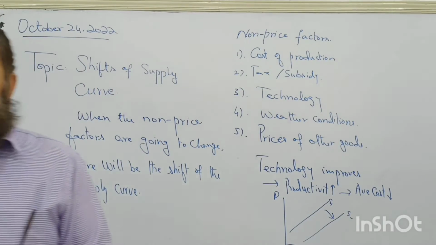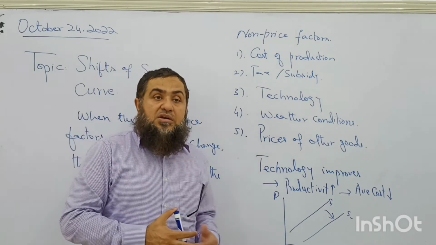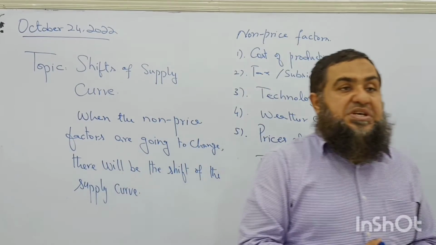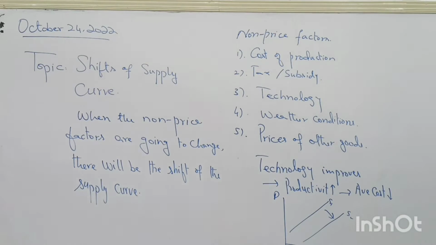Why are the firms interested in buying a new technology? Because it will increase the productivity of their production unit and their per unit cost of production will decrease, and the supply curve will shift rightward because it will increase their profitability. The hidden phenomenon is that whenever the producers are able to earn more profit, they will increase the supply at each price. When their profit margin is increased by introducing a new technology, or when a subsidy is provided or the cost of production has decreased, they will increase their supply.